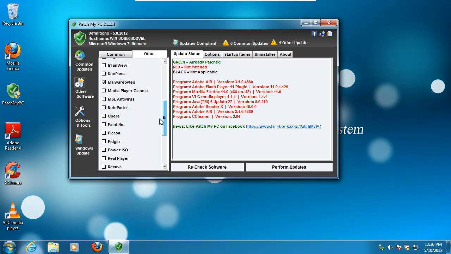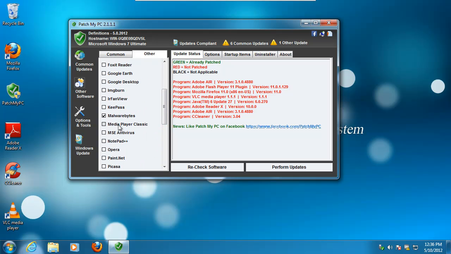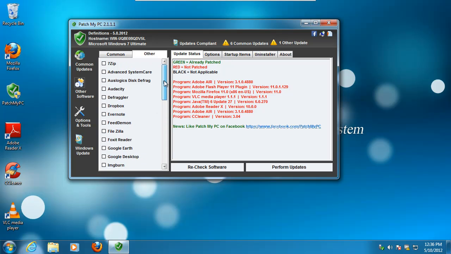On this computer, I do not have an antivirus, and if I wanted to, I could go up here and check Microsoft Antivirus, Security Essentials. I'm not going to put it on there. It's going to take more time, but that's it. So underneath